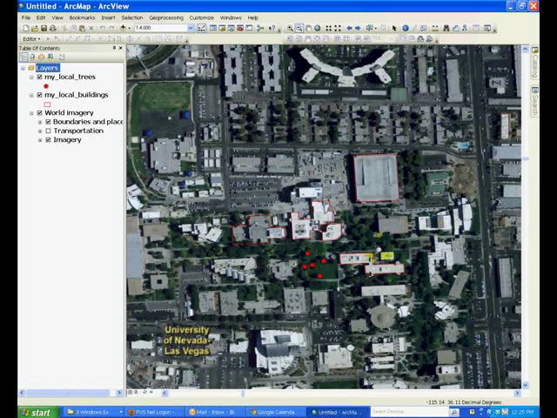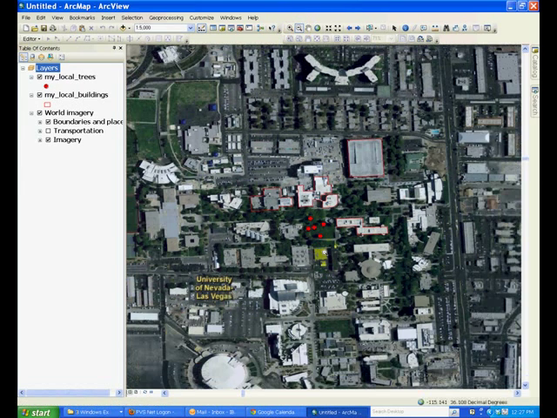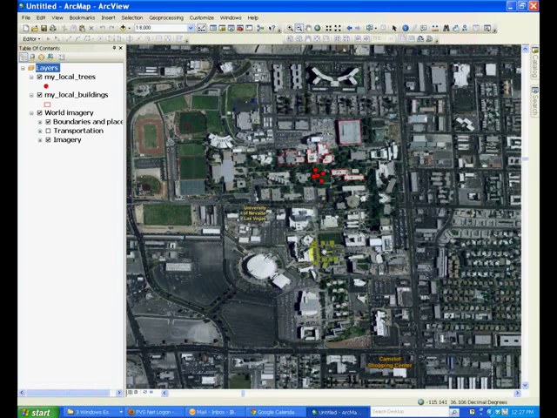In this tutorial we will create Polyline feature class shapefiles. Make sure you have completed module 13 and 14 before completing this exercise. We'll be skipping a lot of things when doing this exercise. Note that my local trees and my local buildings from the previous two modules are still open. In this module we'll be drawing roads, so zoom out a little bit to be able to see the roads